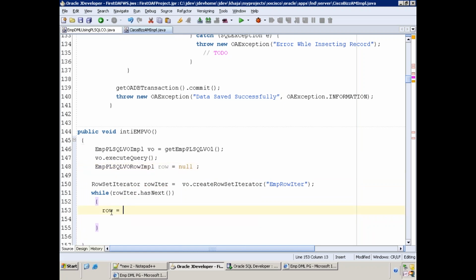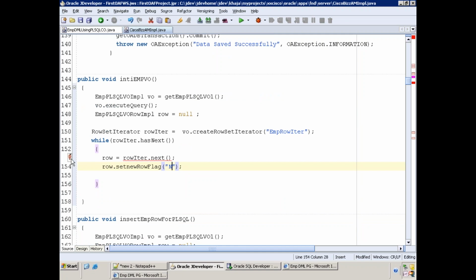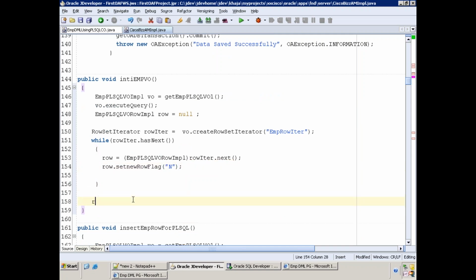Row is equal to rowIterator.next. Row.setNewRowFlag as N. Initially it is N. Clear? So during page load, the value will be N for all the rows.